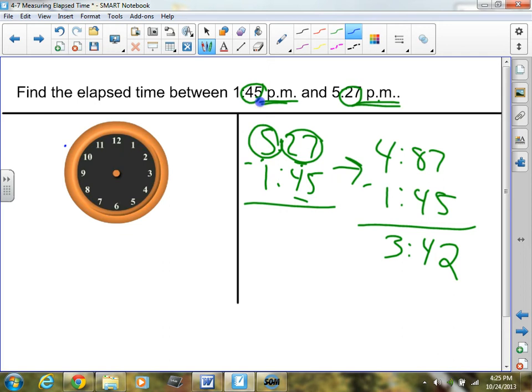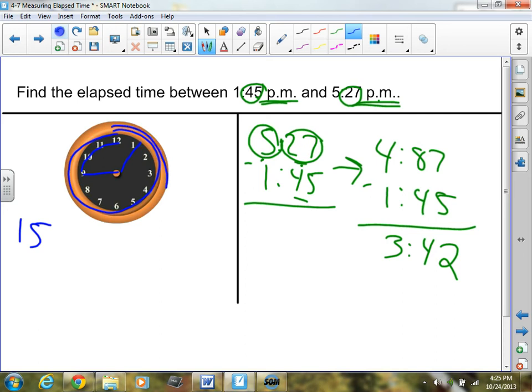You'll notice I have a clock over here. Let's go ahead and use that clock. So first of all, I'm going to make 1:45. And then I'm going to simply add time. So I'm going to go, all right, that's 15 minutes. So I'm going to write down 15 minutes. So 9 to 12, that's 15 minutes. So that's going to be 2 o'clock,